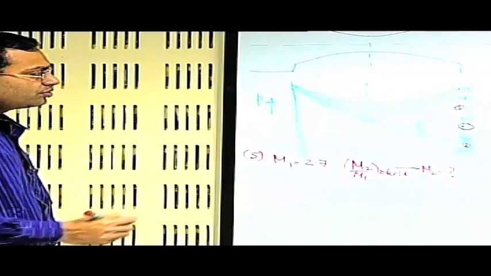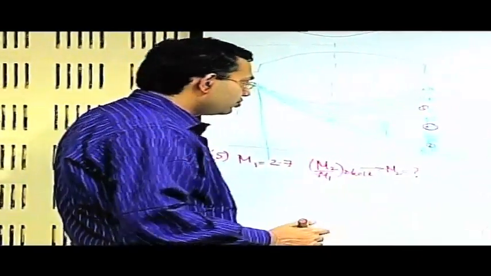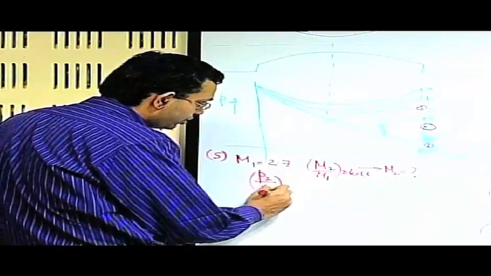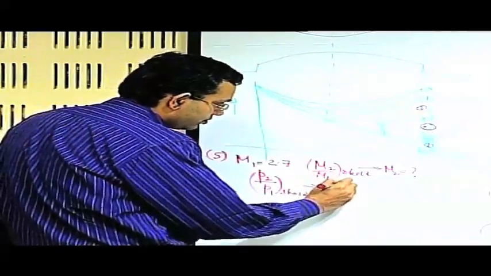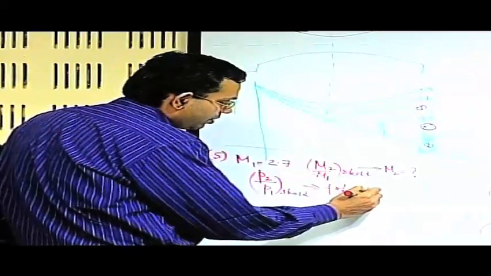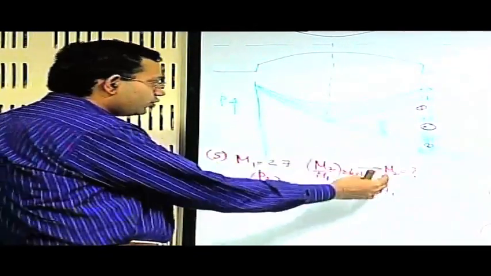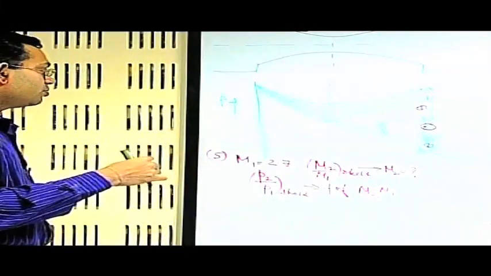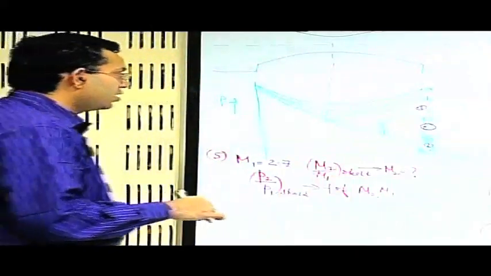Once you know M2, you also know the value of P2 by P1 across the shock as a function of M2 and M1. So if you know M1 and M2, which you know from the previous step, you can find the ratio of the pressure downstream and upstream of the shock,